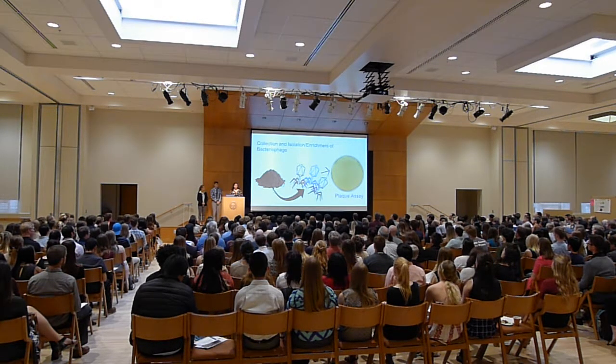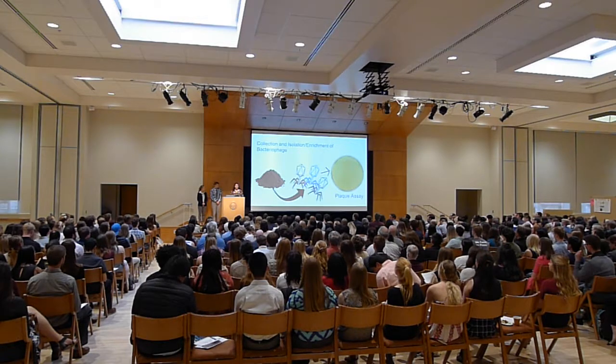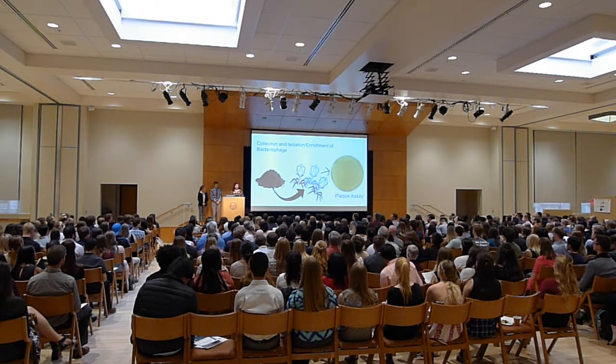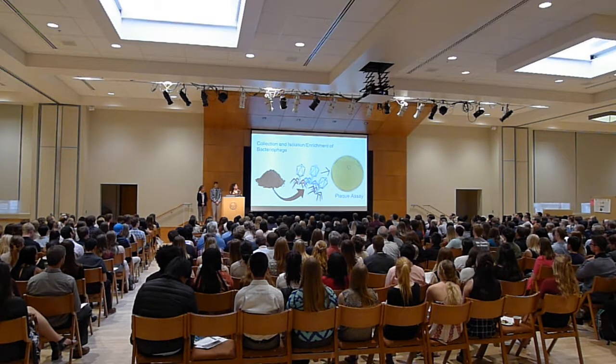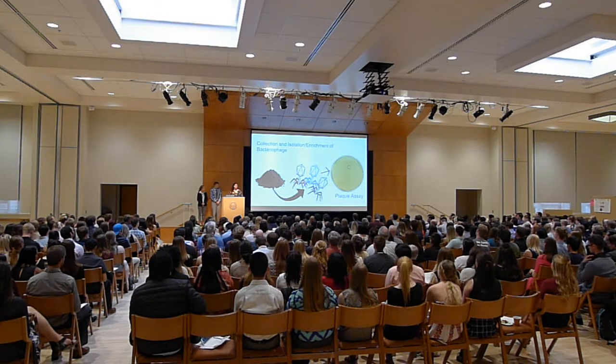At the beginning of this semester, everybody in this lab was tasked to go out and collect a soil sample from which they were hoping to isolate phage. If they were successful, they would be able to create a plaque assay plate that would look like this. This is an example of a plaque. A plaque is a usually circular clearing in the bacterial lawn that shows that phage have infected the bacteria